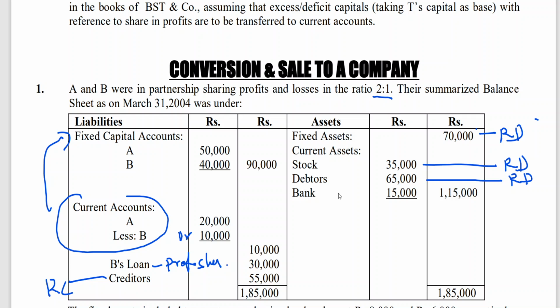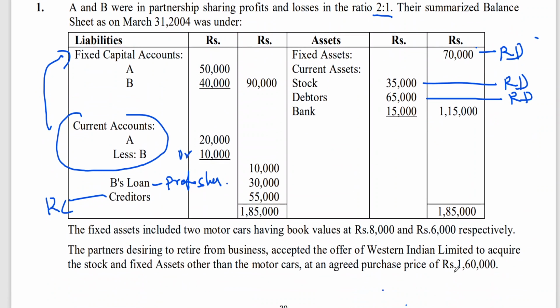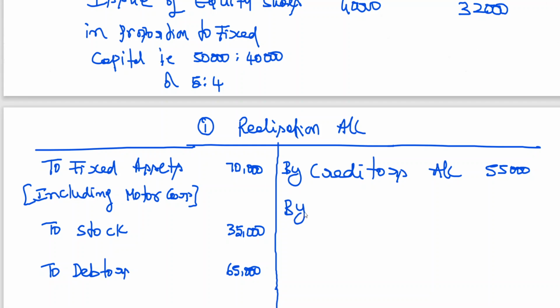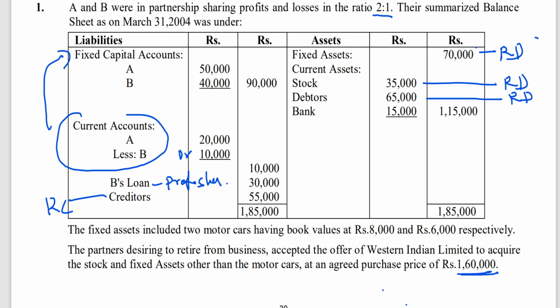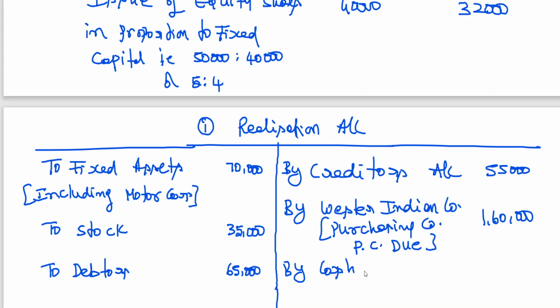So all these balance sheet items have been shifted. Now, what is the purchase consideration? 1,60,000. What is the entry for purchase consideration? Purchasing company account debit to realization, I have told you. So here I am writing by Western Indian Company. Here I am using PC, PC means purchase consideration due, 1,60,000. And by cash, I think we have a cash account in the balance sheet. Bank account, sorry. By bank,